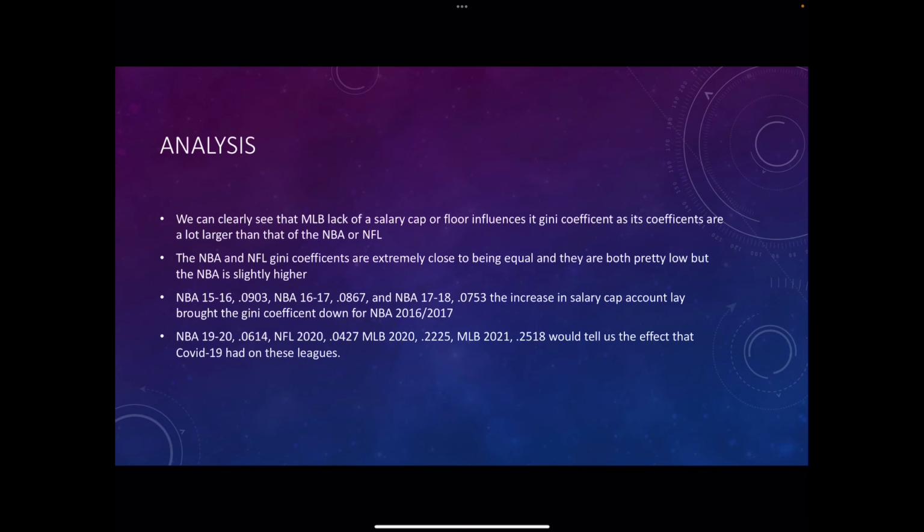We can maybe interpret that as the major teams in Major League Baseball, the ones that always spend money, were able to still spend money because they still had big-time TV deals and big-time games. The smaller market teams, not having fans in the stands, were probably more greatly affected, so they would spend less money. So you could see maybe a little bit of effect of COVID-19. That could also have been an outlier for the 2021 season. But it'd be interesting to see in the 2022 season if this trend continues or if things come back down to that more 0.2-ish range where the MLB normally was.